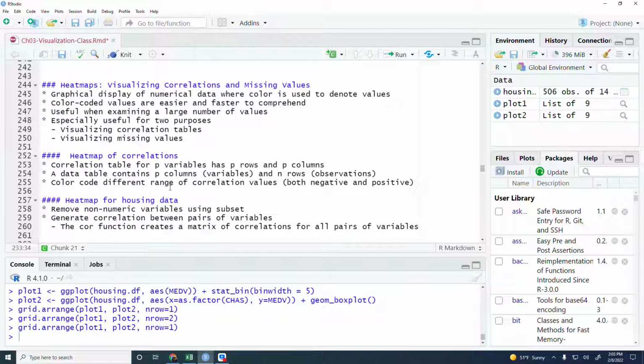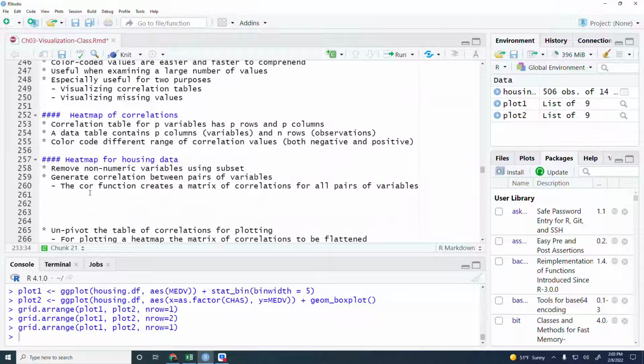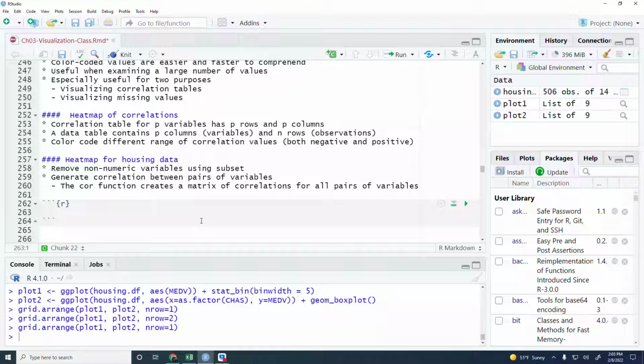All right. So first we're going to look at examples of both of them. This is correlation. So first thing is correlation. A correlation table for p variables has p rows and p columns and so on, right? Heat map for housing data. All right. So we're going to now